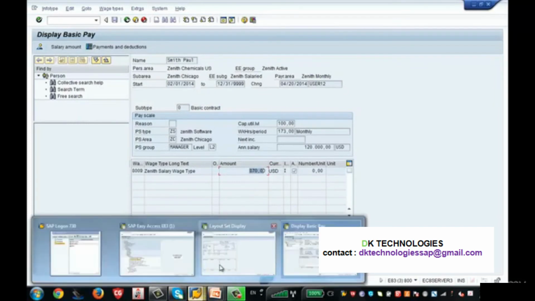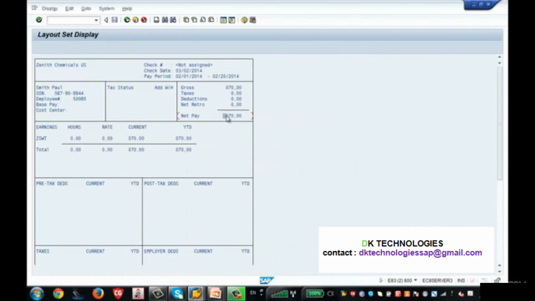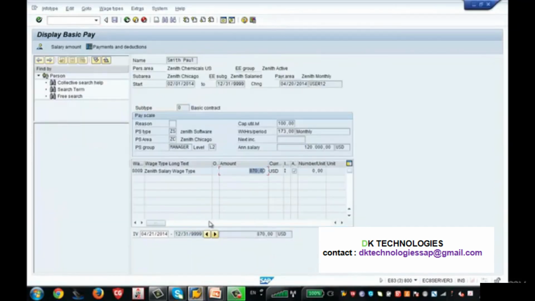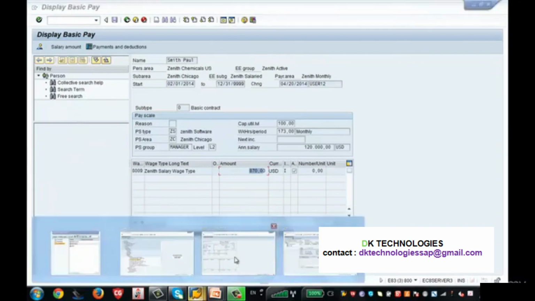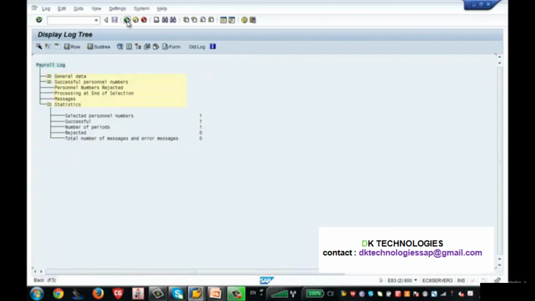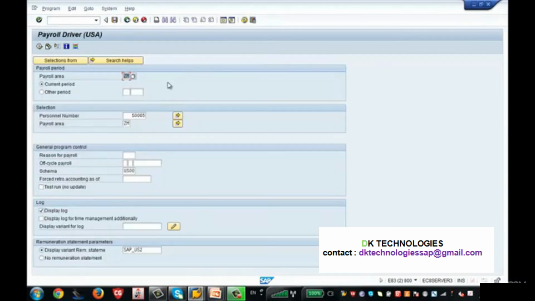That is the reason why in the payslip also only one amount is shown. If you have more than one wage type, then definitely it would have shown up in the payslip. So this is how you run the payroll, and then you see the remuneration statement.